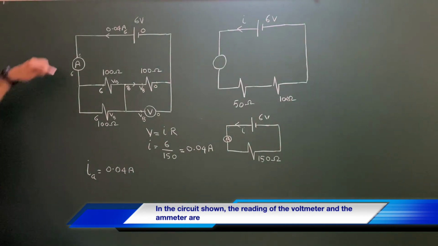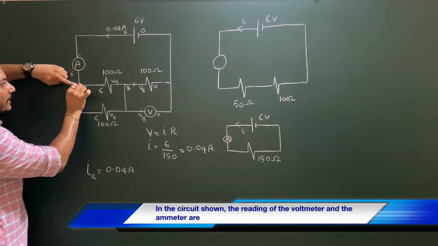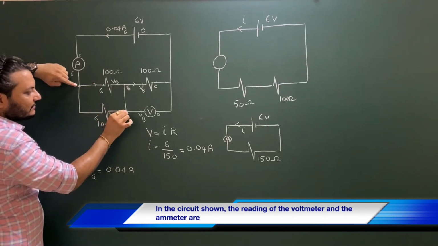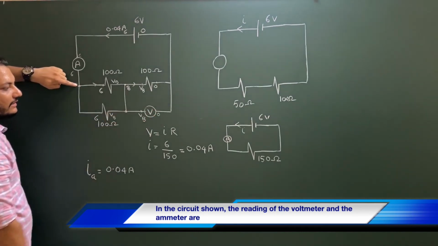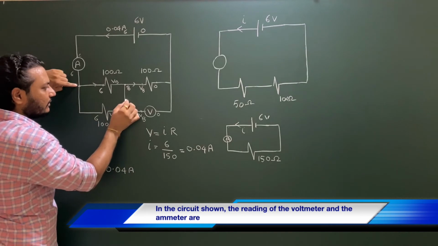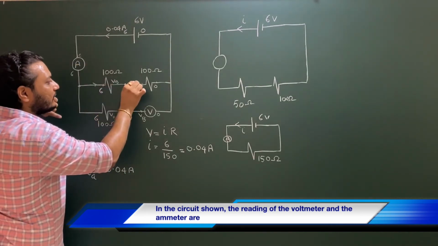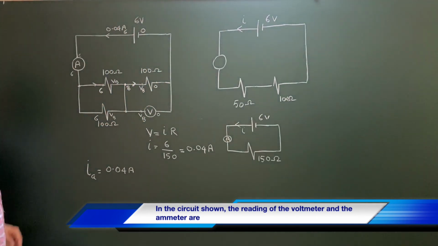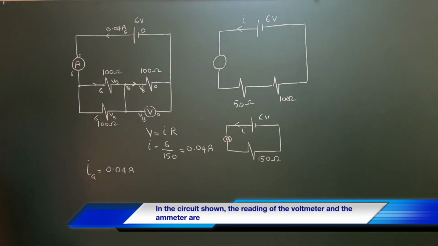Then next, that 0.04 ampere is coming over here at this junction. As we already said, the current will split into 2 parts. At this junction, no current will go through that branch since the resistance of this voltmeter is infinite. All the current will go through this branch. At this junction, the whole current will meet up, and then again the total current, that is 0.04, will pass through this branch and come back like this. So through this 100 ohm resistance, 0.04 ampere current is flowing.